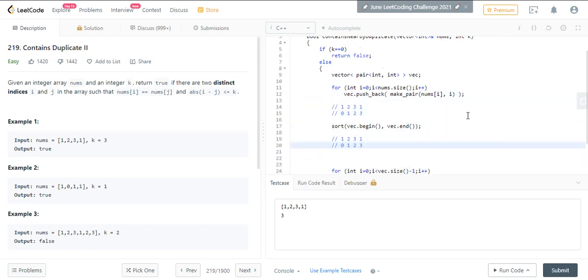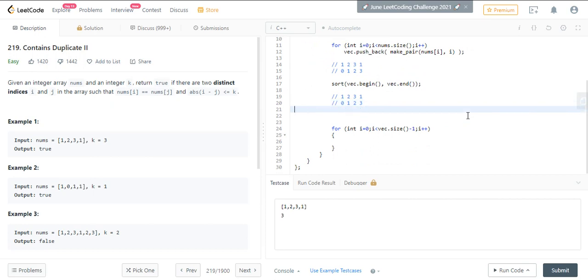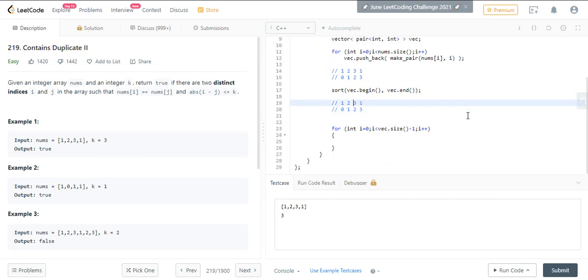Now after sorting, how is it going to look? It is going to sort on the basis of the first element, right? So it will be 1, and so the elements are sorted. See, this 0, 3, 2's index is 1 and 3's was 2. So this is how it is going to be.